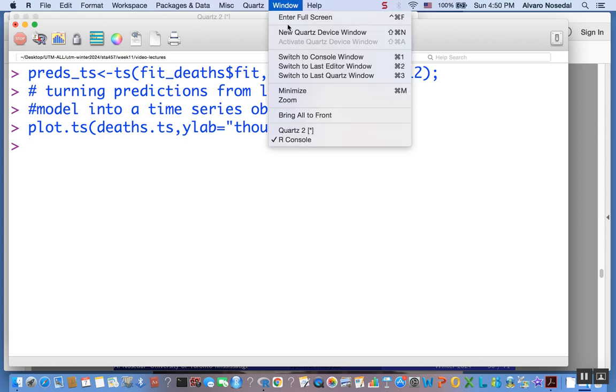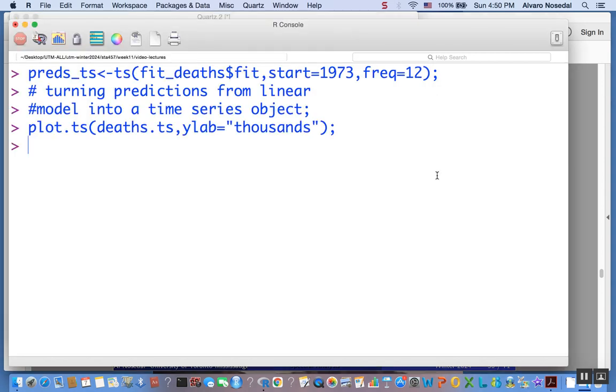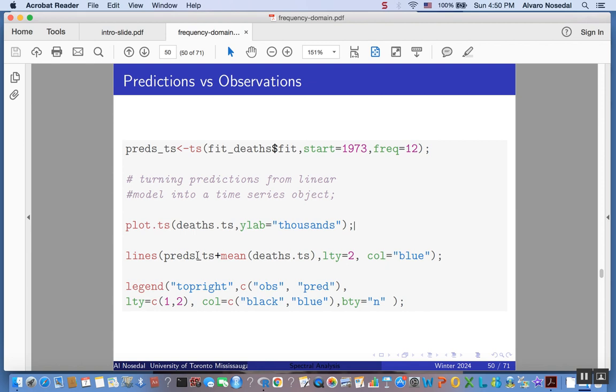Let me show you that graph. So that's the original time series plot, okay? That's the original data. Let me go back here. With this, with lines, we're going to be adding those predictions that come from that linear model that has as predictor variables that cosine and that sine with the important frequency that we identified using the periodogram. Remember that we corrected